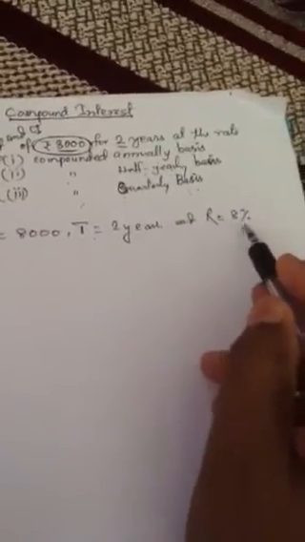Now you see here, principal 8,000 is given, time 2 years is given, rate 8% is given. First you have to understand on which basis the interest is compounded here. Nothing is written in the question: find the amount and CI of rupees 8,000 for 2 years at the rate of 8% per annum. Nothing is mentioned whether the interest is compounded half yearly, annually, or quarterly. If nothing is written, then you have to be very sure that it is on an annual basis.